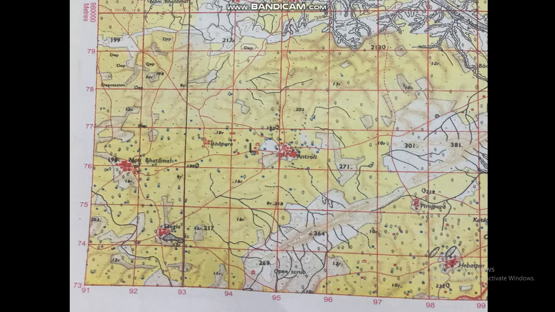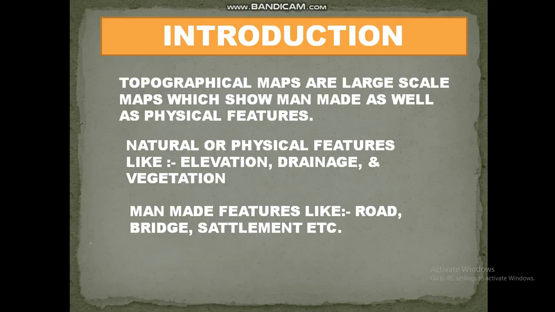Here you can find some numbers given on the right hand side and some numbers given on the bottom of the topo sheet. On the bottom these numbers are given with vertical lines, and on the right hand side these numbers are given with horizontal lines. The lines drawn horizontally are called northing, and the lines drawn vertically are called easting. Wherever we need to find a grid reference on any topo sheet, we always find it from the southwest corner of the topo sheet.